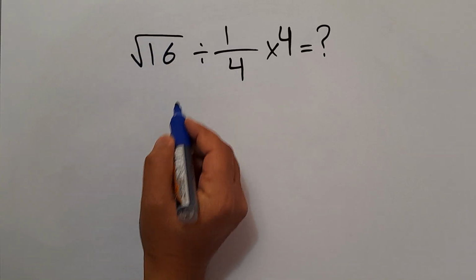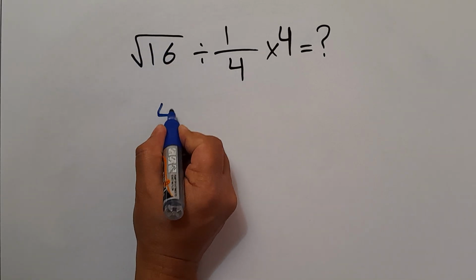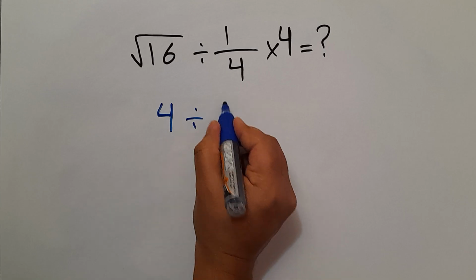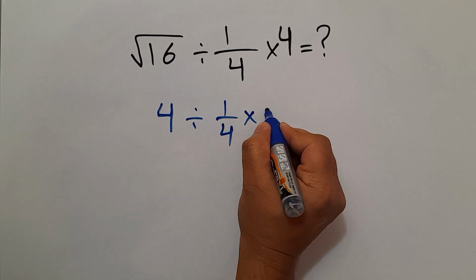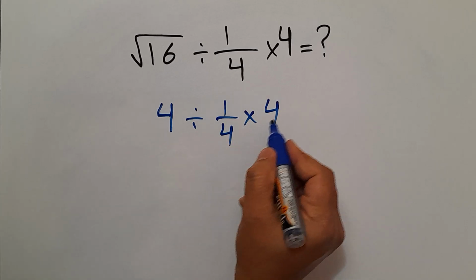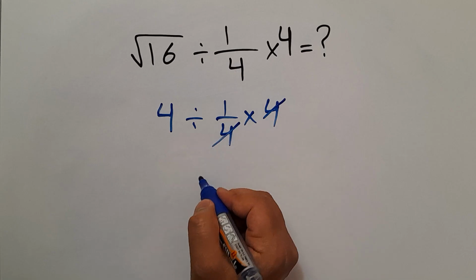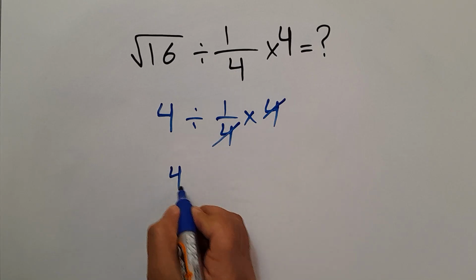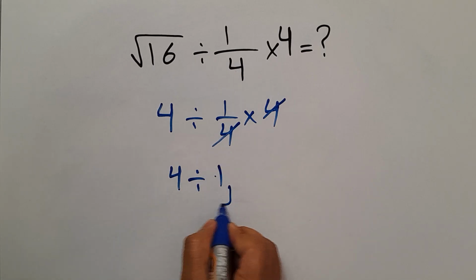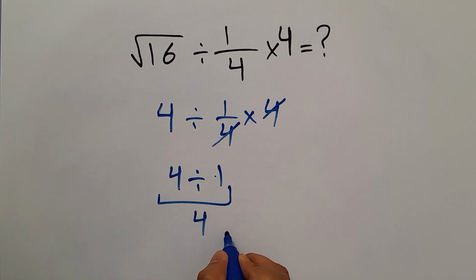The square root of 16 gives us just 4. So 4 divided by 1 over 4 times 4. Here we can easily cancel this 4 and this 4. So we have 4 divided by just 1, and this is equal to 4. But this answer is not correct,